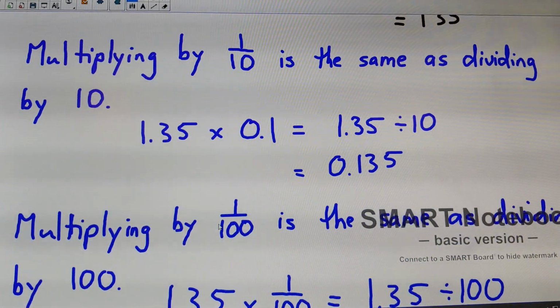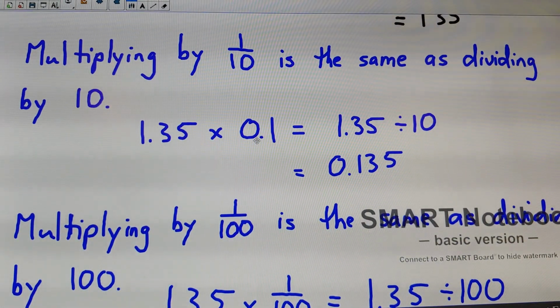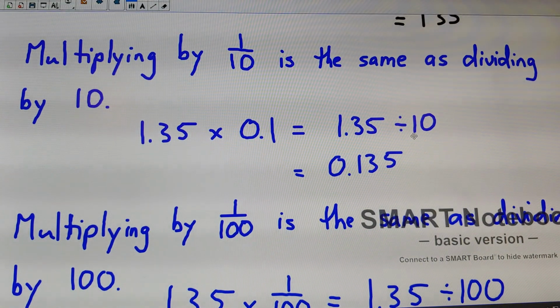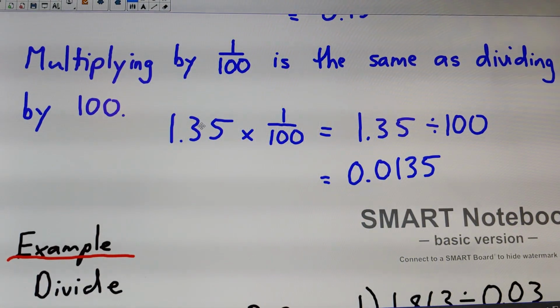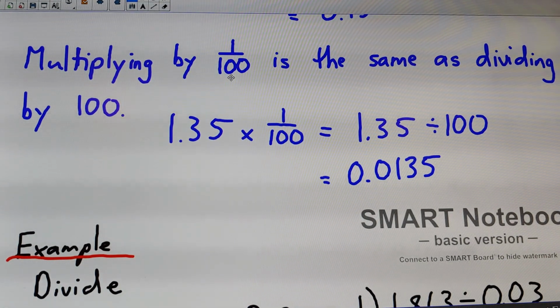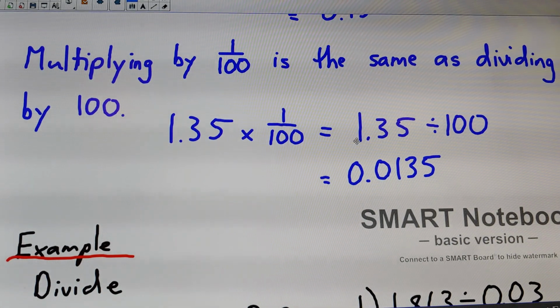Okay, so 1.35 times 0.1. So 1.35 divided by 10, 0.135. And same with this. If we multiply by 1 over 100, it gets smaller by a factor of 100. So the decimal goes once, twice to the left. Okay,